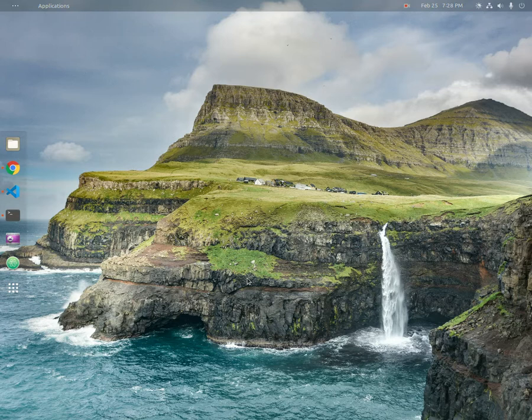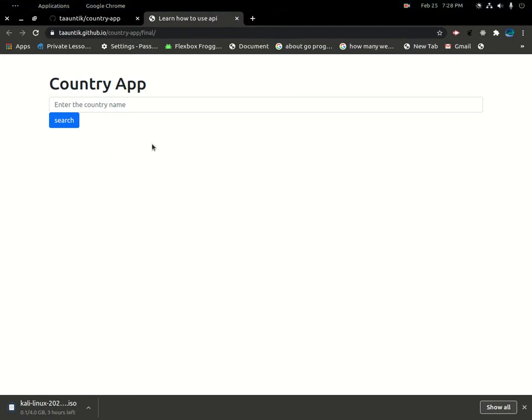Today we're going to be building a country app using HTML, a little bit of CSS, and Bootstrap, and the main one is JavaScript. So let's jump into the project that we're going to be building today. Wow, that is pretty cool. So when we search here, let's say you want to search for a country called